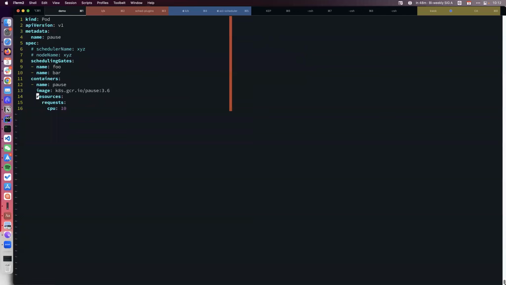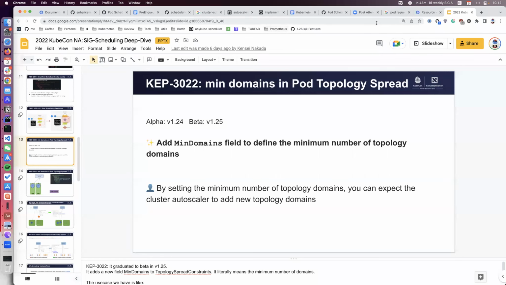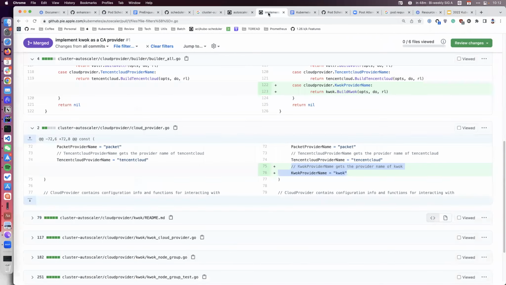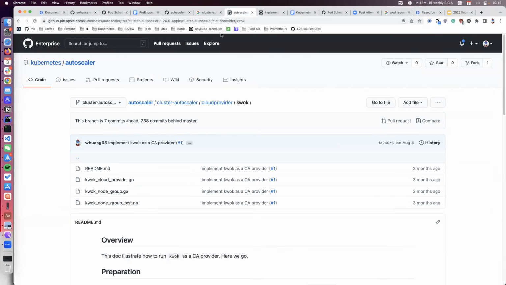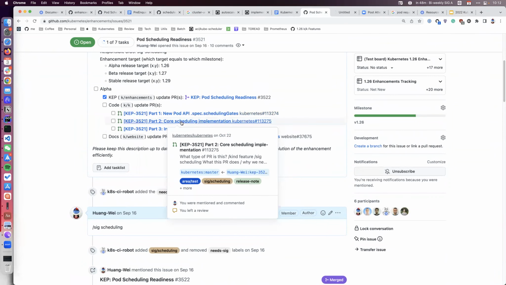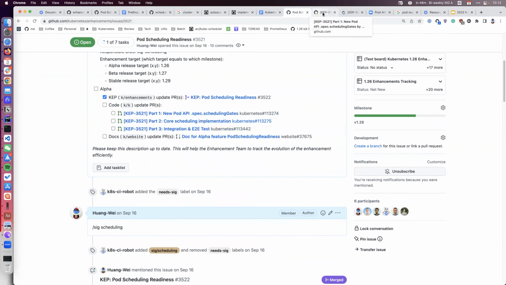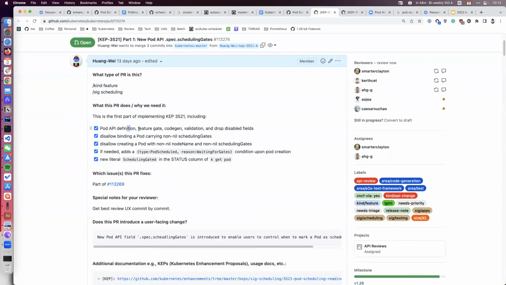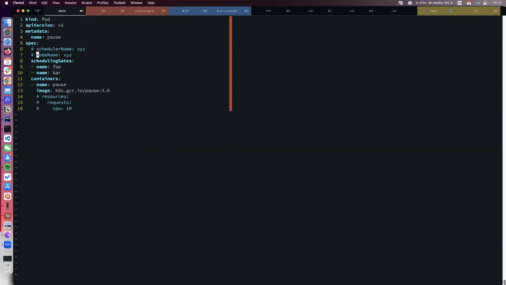Let me remove the request first. And I think I can show you... where's that? Okay, I can see all the function points that are implemented already. So the first one is that we enforce some checks. Like the first one is you cannot create a pod with a node name and non-empty scheduling gates. We will reject that. So for example, this case,